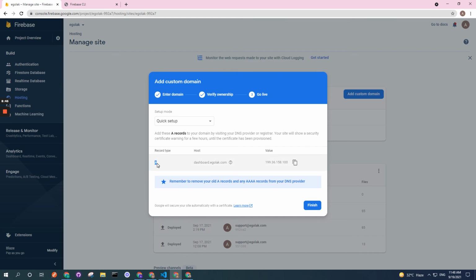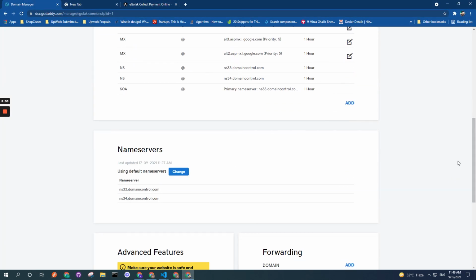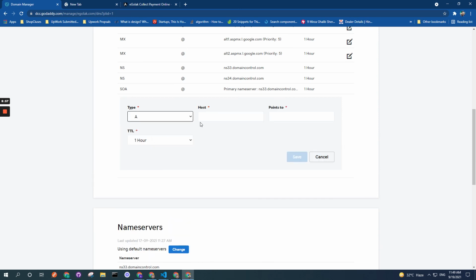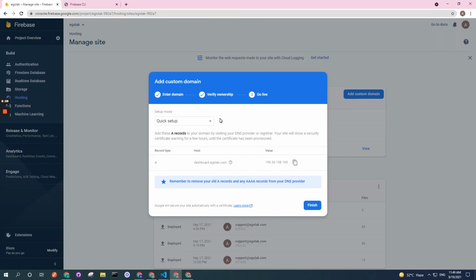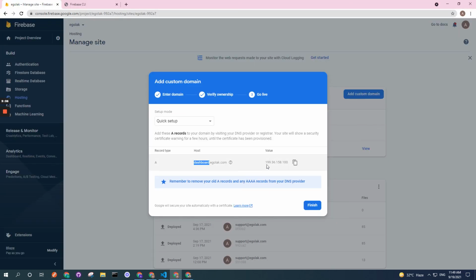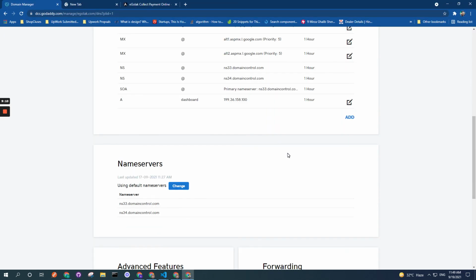It asks me to add a record inside your GoDaddy account, and I'll go to my GoDaddy account, and I add a DNS record of type A. I'll add the host. So you need to select the subdomain name, dashboard, what it wants to point to, this, and save. This way you have added a subdomain.